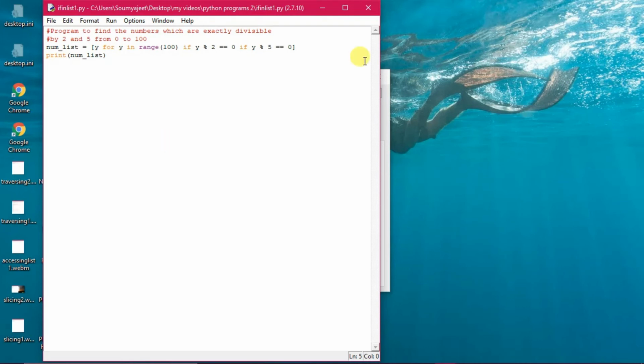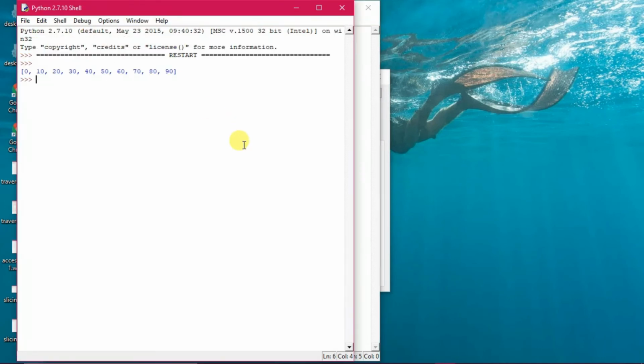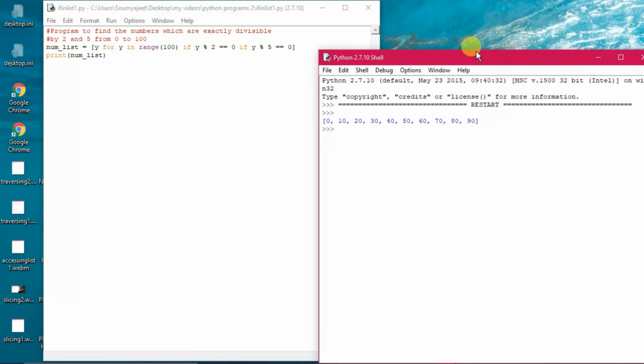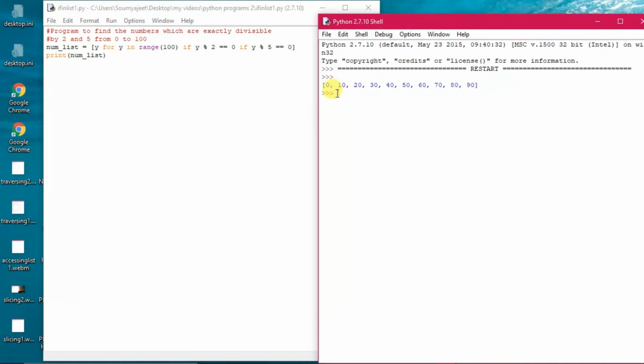So I'm executing this program out here, and then this has been printed. Each number you find out over here will be 0, 10, 20, 30, 40, 50, 60, 70, 80, 90, all the numbers which are exactly divisible by 2 and 5.